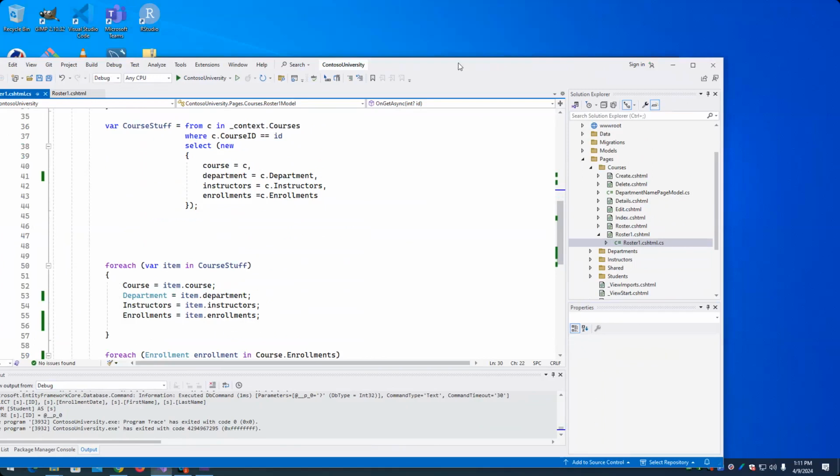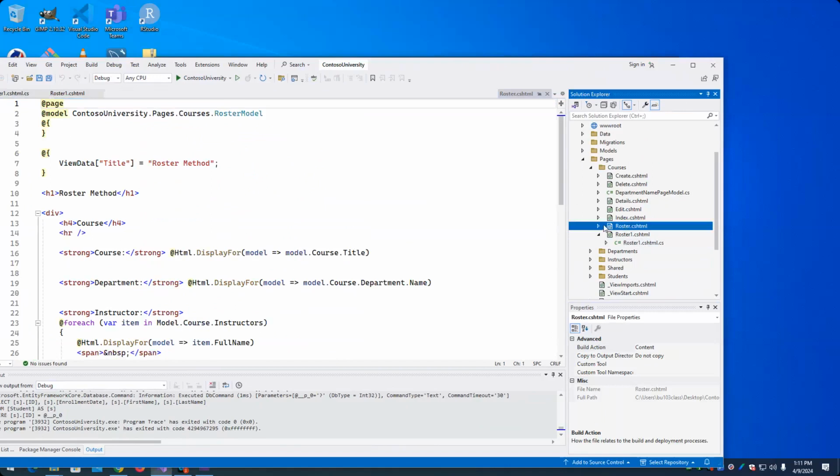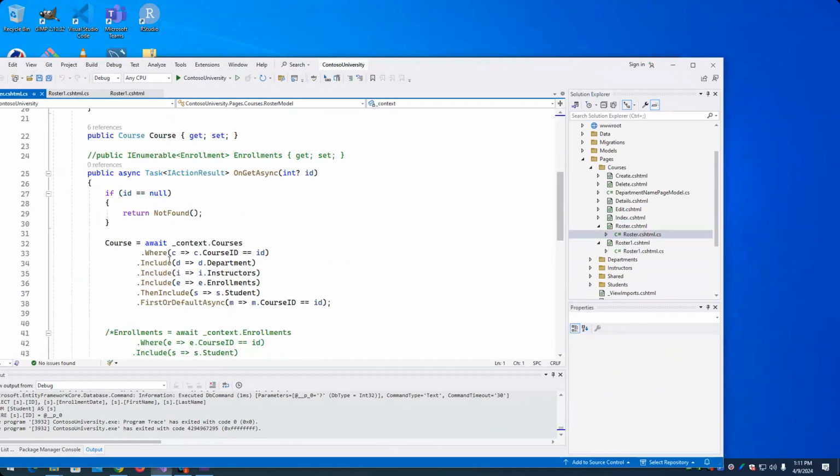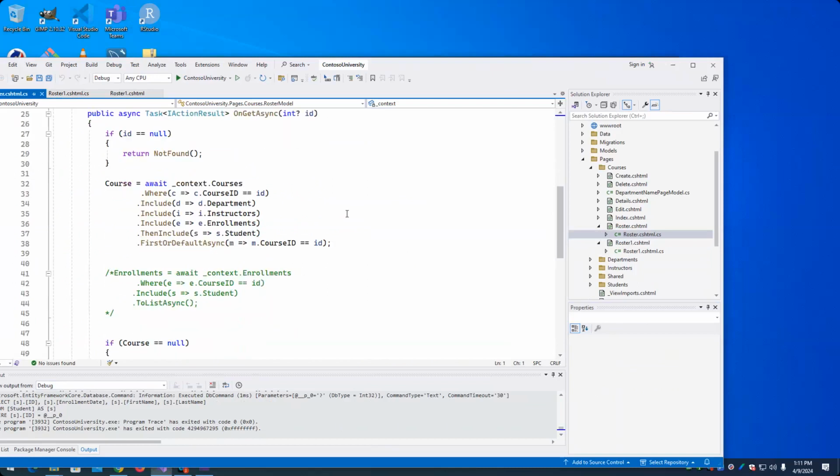This kind of stuff is key, whether you use the method that I did with the method version, or you use the query version. The idea of populating these objects, like in this case, I use the include to populate the department object associated with the course, the instructors associated with the course, and enrollments are the keys to writing good queries. Okay, because we want the queries such that